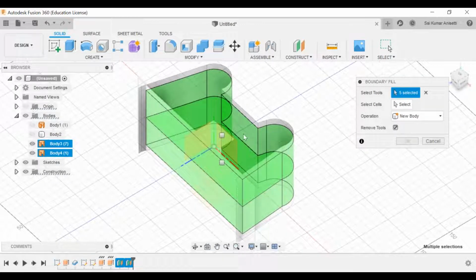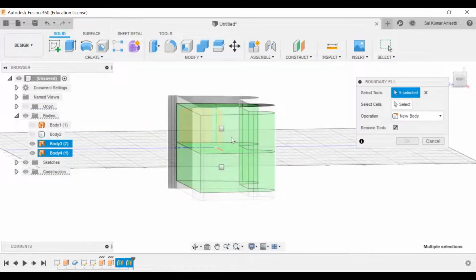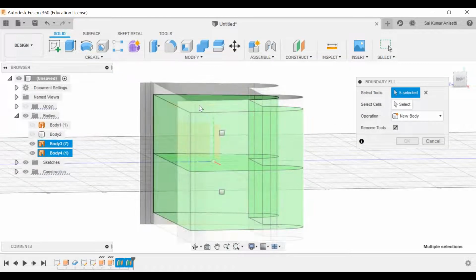See, boundary fill, it is taking these two surfaces as a reference, and it is creating two different kinds of cells, like two different bodies, body number 1 and body number 2. Now this surface controls the curvature of the product, and the planes I have created will control the height of this object. If I zoom in, I have created a plane on the top with 50 mm of height, and at the bottom I have created a 50 mm plane.